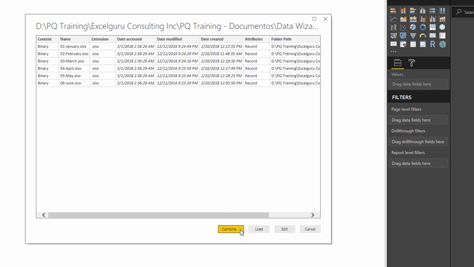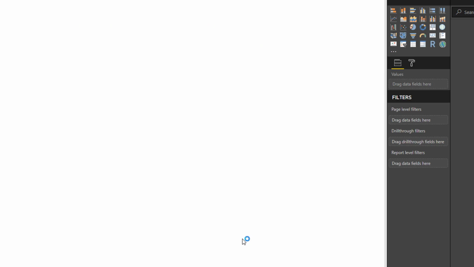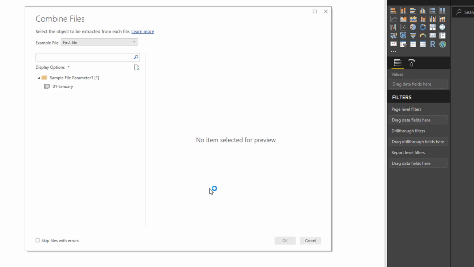And down here, we have the previous ones that we've seen before, which is load and edit, and also cancel. But we also see the combine button. So you can click right here where it says combine and edit, so we can go into the Power Query editor. And before that, we also get this window, which is called combine files, which is basically just a wizard or assistant to tell Power Query how it needs to combine the data. So we can click here where it says sample